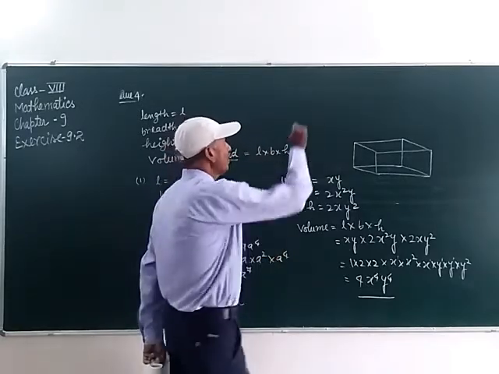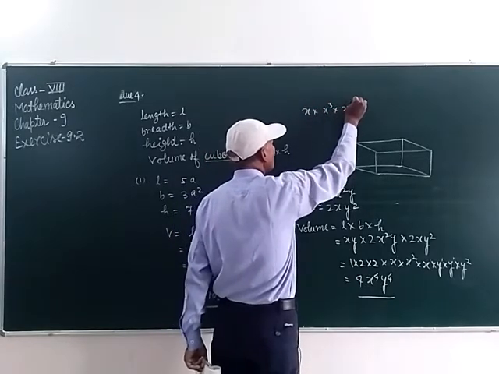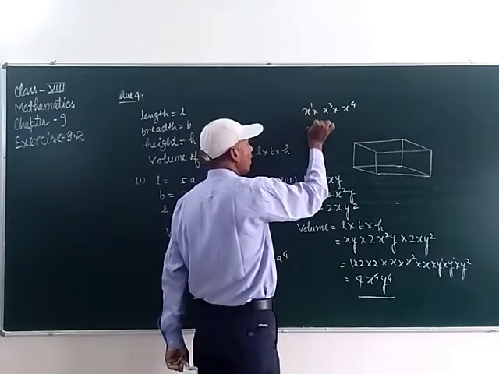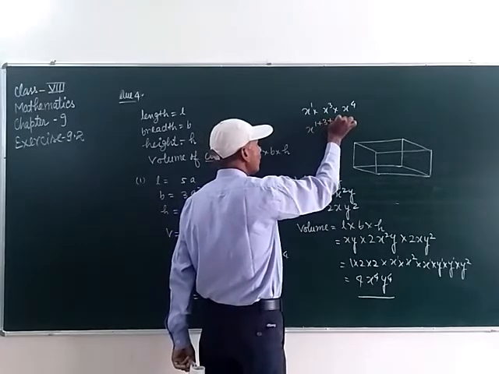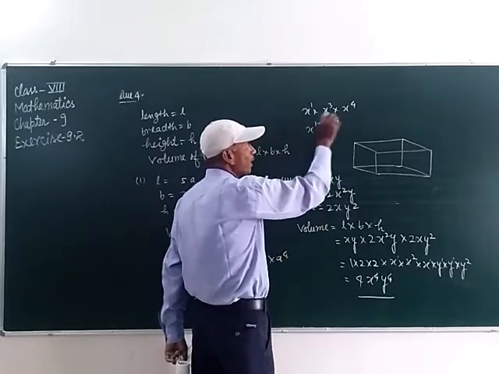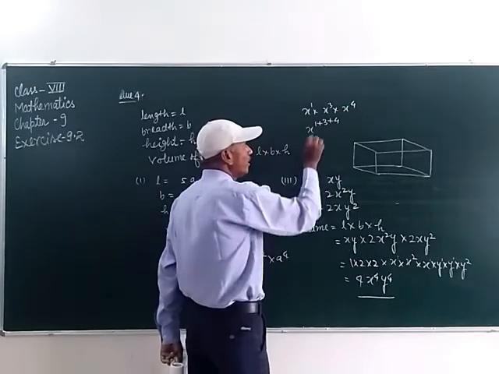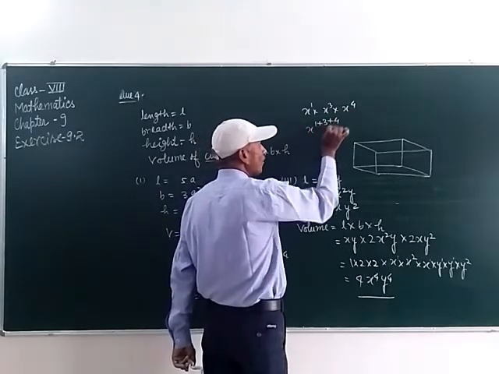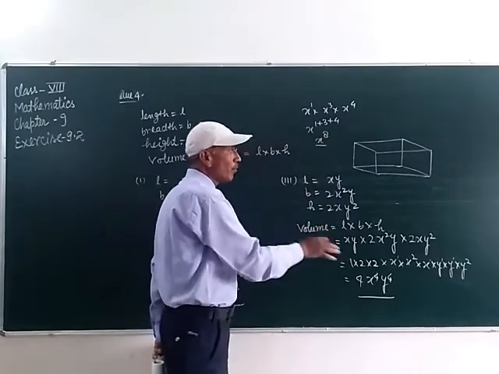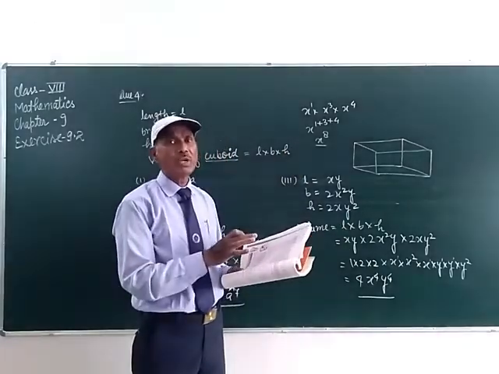Students, remember it, if there is x into x cube into x to the power 4, it means, student, here power 1. So x to the power 1 plus 3 plus 4. If we multiply this, the power will be added, or exponents will be added. If the base is same, then exponents will be added. So this one 3 1 4 and 4 8, it will be x to the power 8. Clear, friend? So we have to follow this rule. Now remaining part of this question, student, you have to do yourself.